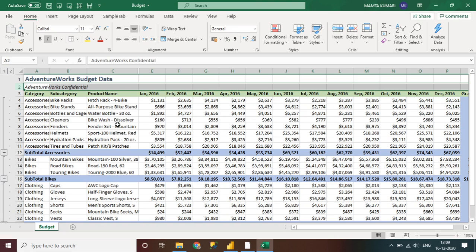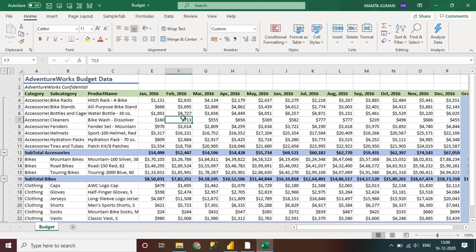If you concentrate on the very first two rows, this is human readable data. It is added in the Excel sheet just for human convenience, so that we understand what the actual numerical data represents. This represents the budgets for each of the products which belong to the subcategories and categories. This is the data that is actually used by Power BI to generate the visualized report. The machine never bothers about what you have written in these first two rows. Because of these, this is not clean data.